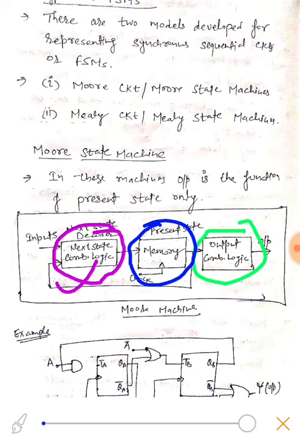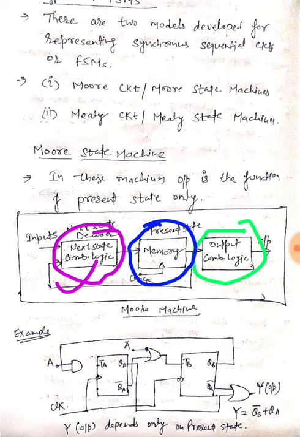And this is a very important topic from the point of view of semester examinations. So you must do it properly and carefully. So here we have an example in terms of a T flip-flop of a Moore machine. Here we can see